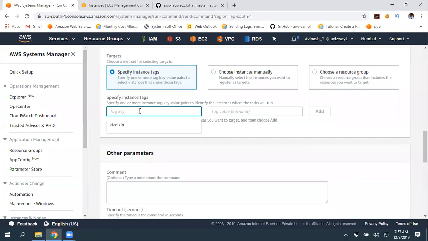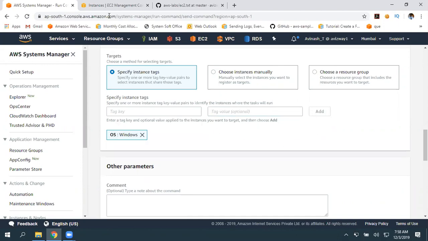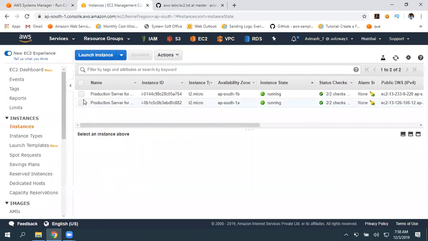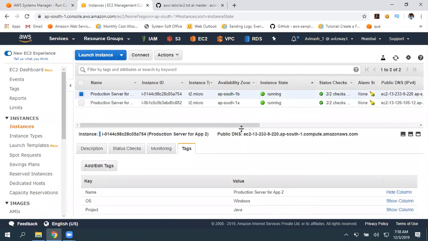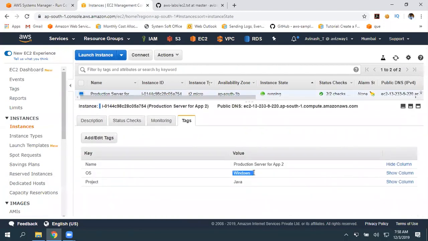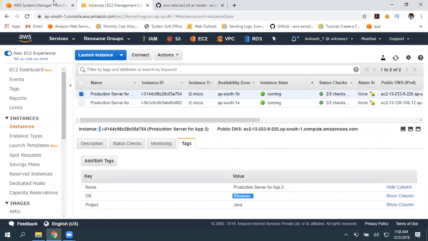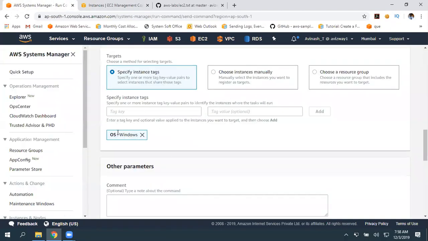Again, can I use a project tag and all? We can, but it is going to give some failed results. The valid tag is OS Windows. Whatever instances have a tag called OS as the name and Windows as the value, only those instances have that particular tag, so the installation will happen only on those instances. It will not try to install elsewhere. For example, if you gave OS Linux, it will try to install on those Linux instances also.